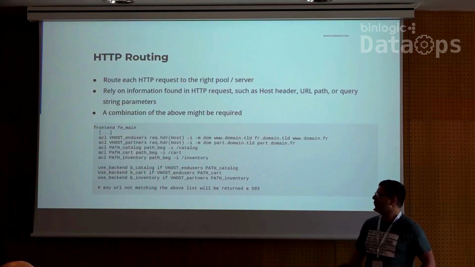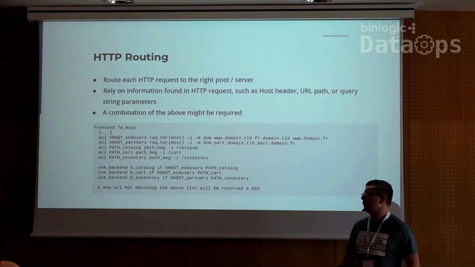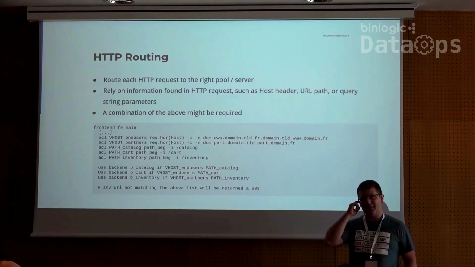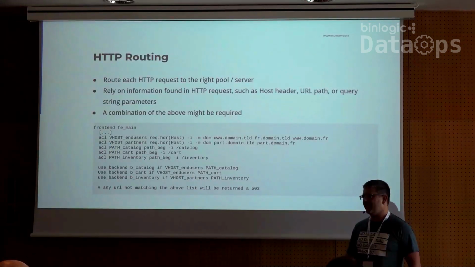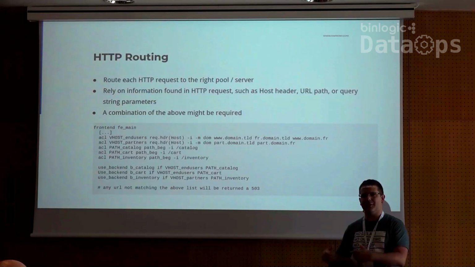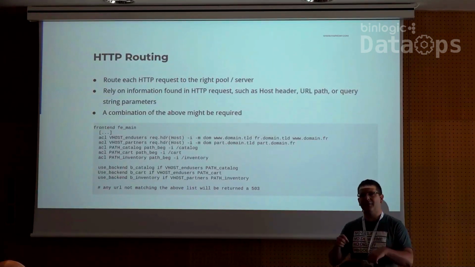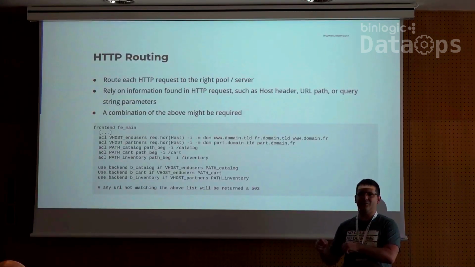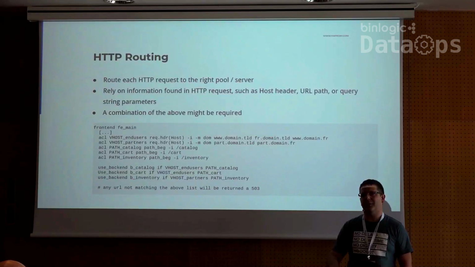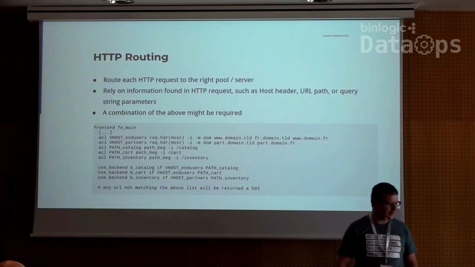Okay. So when you put that in a file, then you can use the HAProxy runtime socket to update the content of the file on the fly. What I mean is that if you create new customers once per hour, for example, then instead of reloading HAProxy because you have updated the ACL, you can just run a command like set acl, the name of the ACL, and the new value you want to put, and then it's going to be added. You can delete some of them, etc. So that's seamless for your integration.